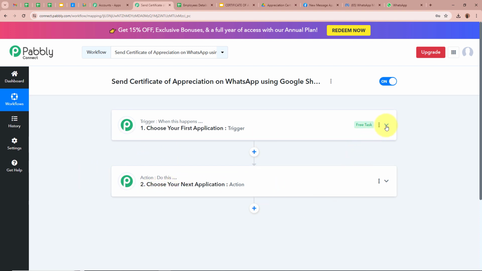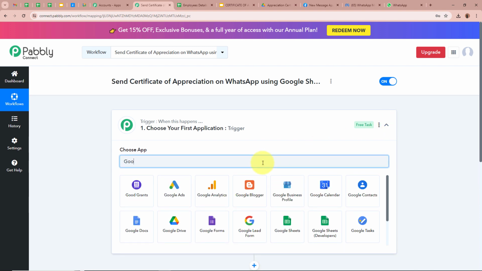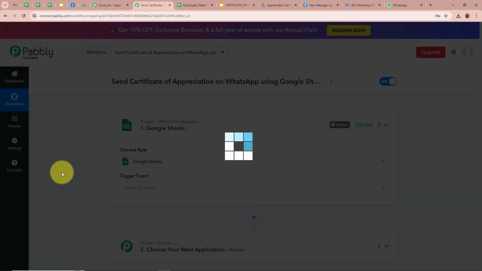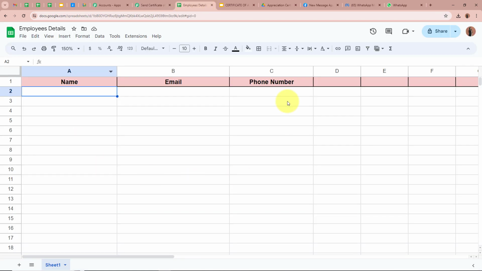Firstly, we're going to set up our trigger step by clicking on this arrow right over here, and for the trigger application, I'm going to select Google Sheets. For the trigger event, I'm going to select New or Updated Spreadsheet Row, because I have created a Google Sheet. As you can see, this is the spreadsheet that I've created with the help of Google Sheets,